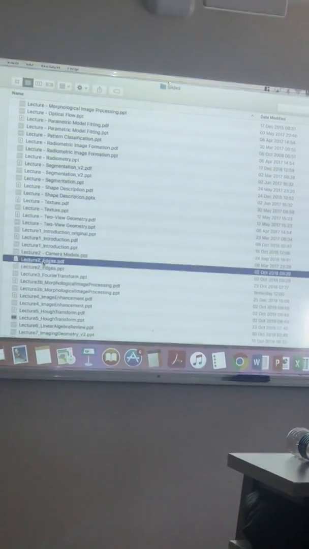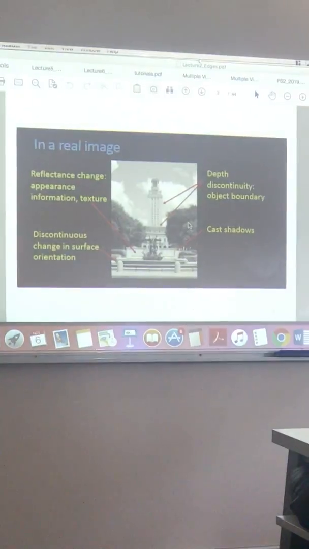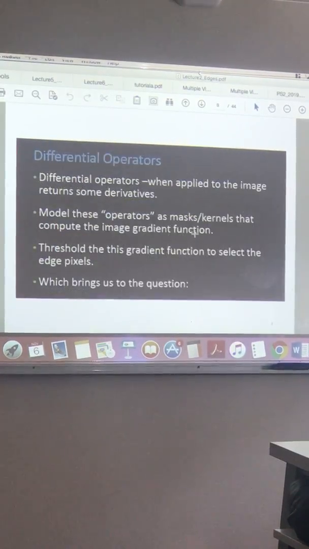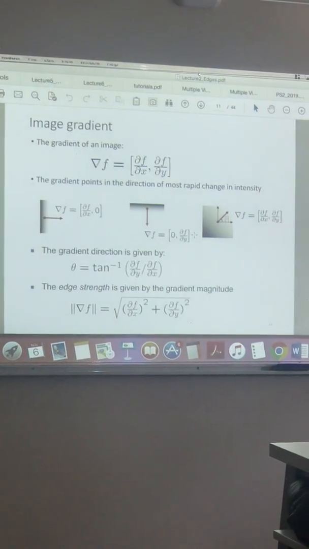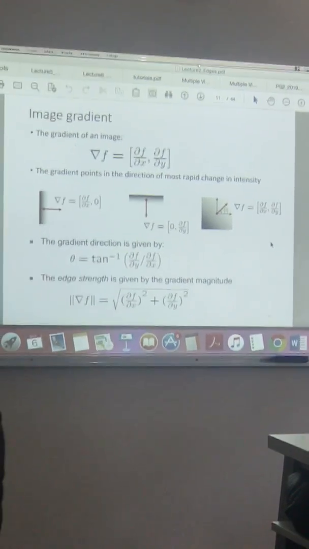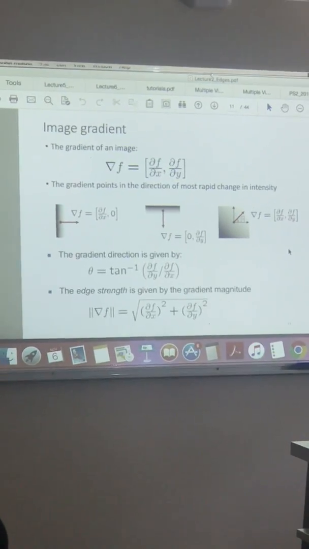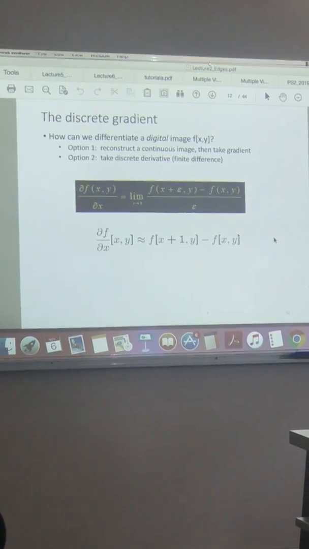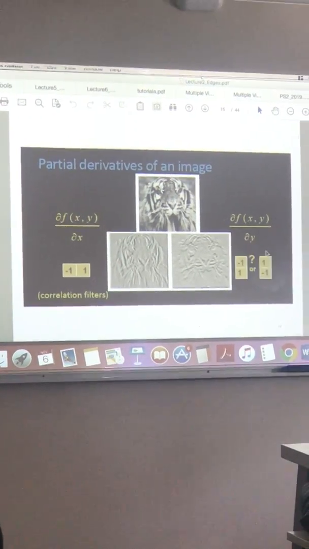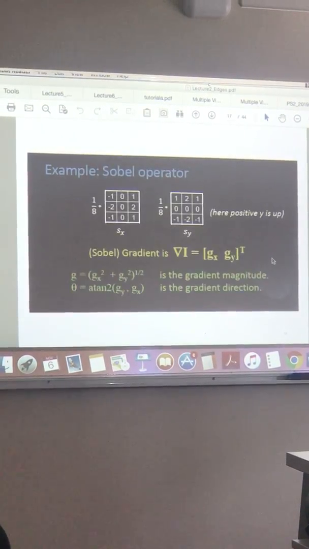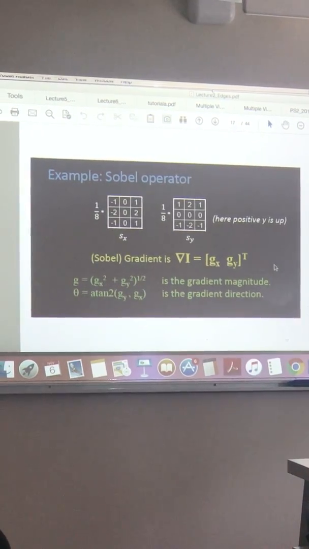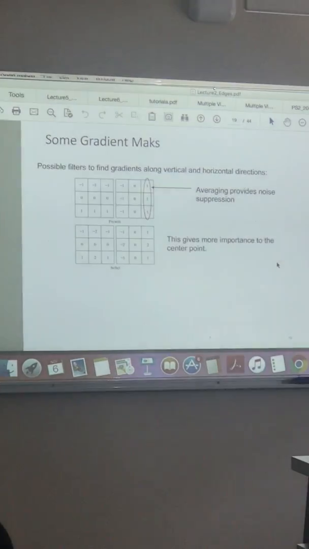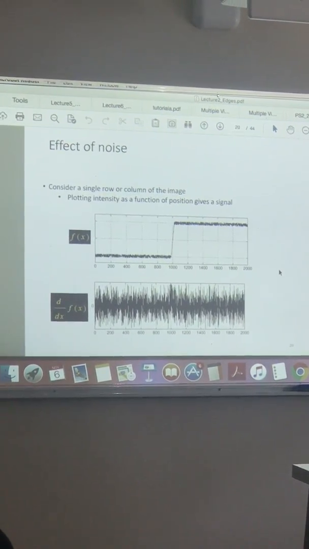Let's come to the second one, the edges, edge detection. These are again some background information. What is gradient? How do we calculate the gradient? This is something important, which you should know. From this, we have discussed the Sobel operators, and you already implemented it in an exam, so you know how the Sobel operator works. The effect of noise,